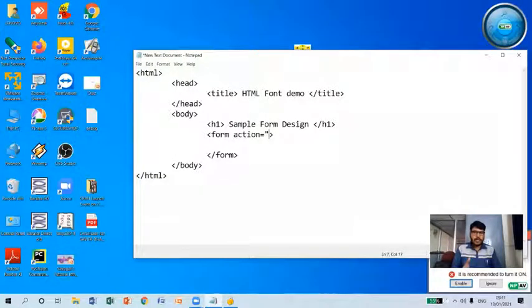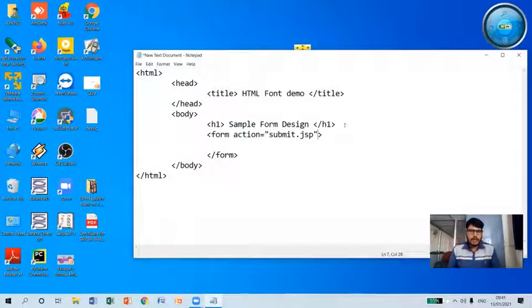So as we are not running this HTML code in the server, that's why I will write one sample script URL. So this is a dummy one. We have not created a submit script here, so just for example purpose, I will write here.